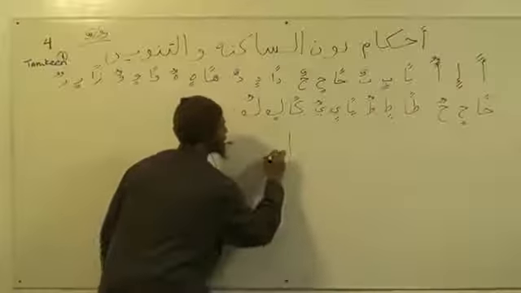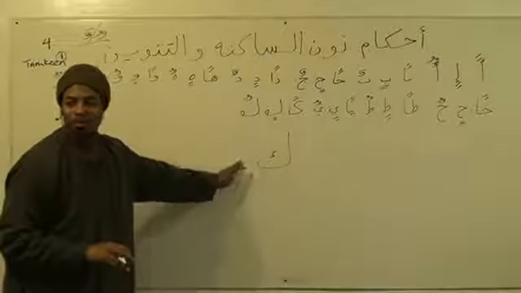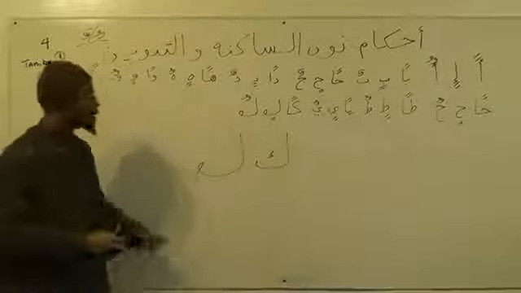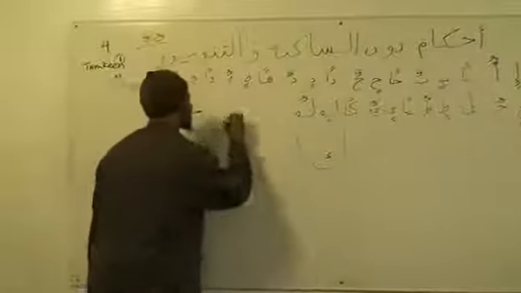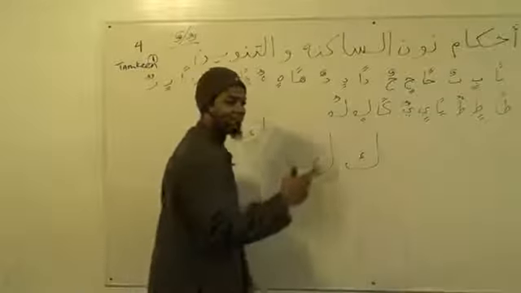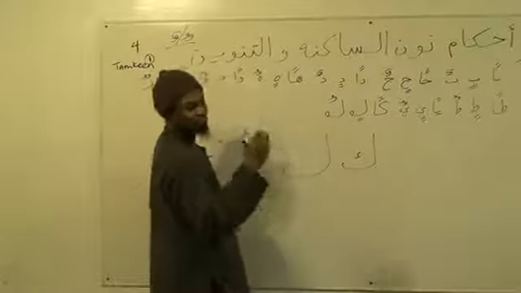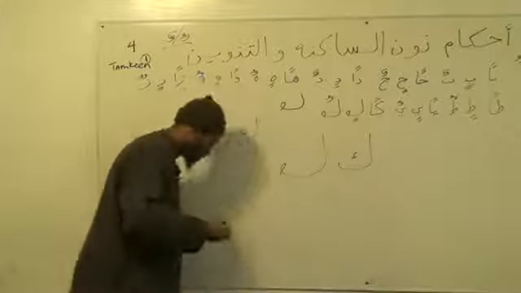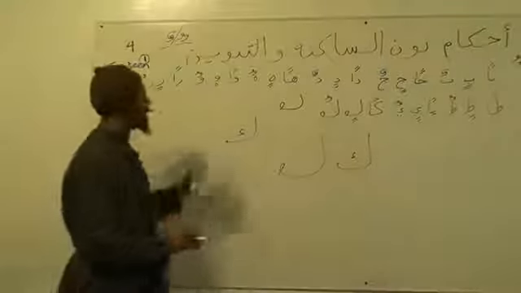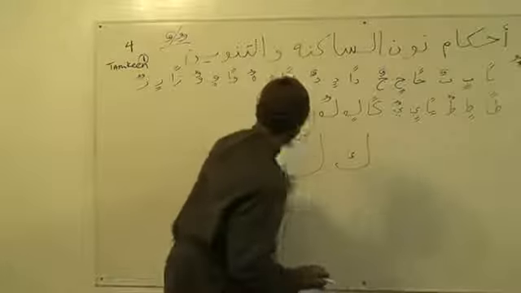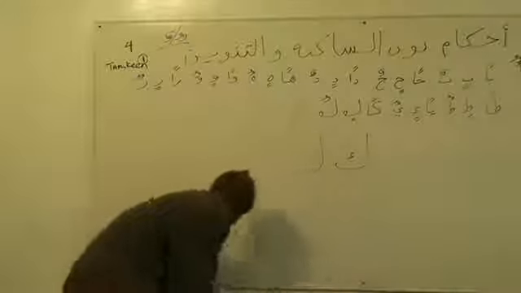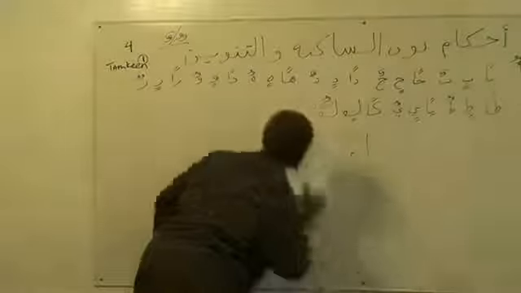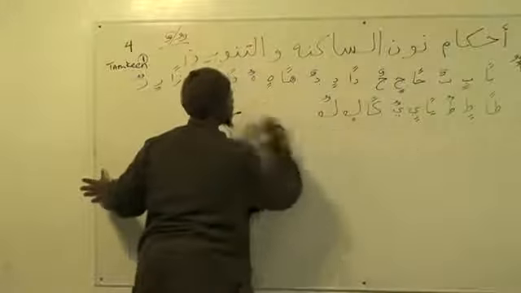Kaf is written like this, and then you put a hamza in the middle of it at the end of a word. Why did I write it like this? These are the little things that we pick up. When you're writing freehand, you're not going to stop and then go like that. So the teachers teaching you reading and writing make the line and then come back over. This hook here is a representation of the hamza that's supposed to be there on the kaf. I know that's not hard to figure out, but we want to make it clean and plain for everybody so they don't have to figure it out and hesitate. So that's all that is.